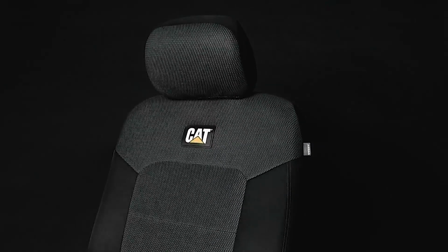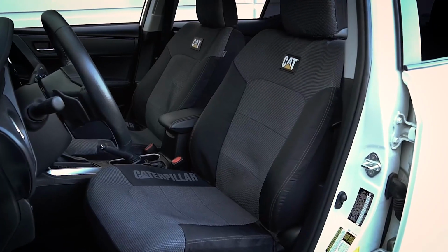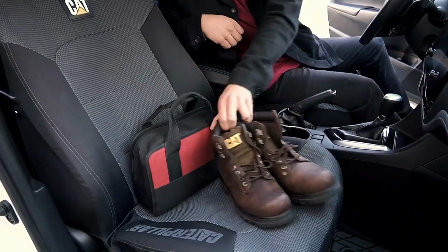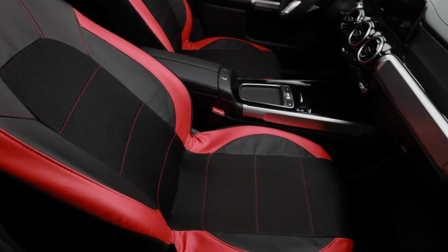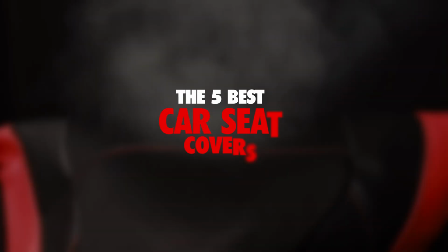Over time, car seats can get worn out, stained, or just start to look outdated. A good seat cover can make a big difference. It keeps your seats protected, adds comfort, and gives your car a fresh, updated look. In this video, I'll be showcasing the 5 best car seat covers available and helping you decide which one suits